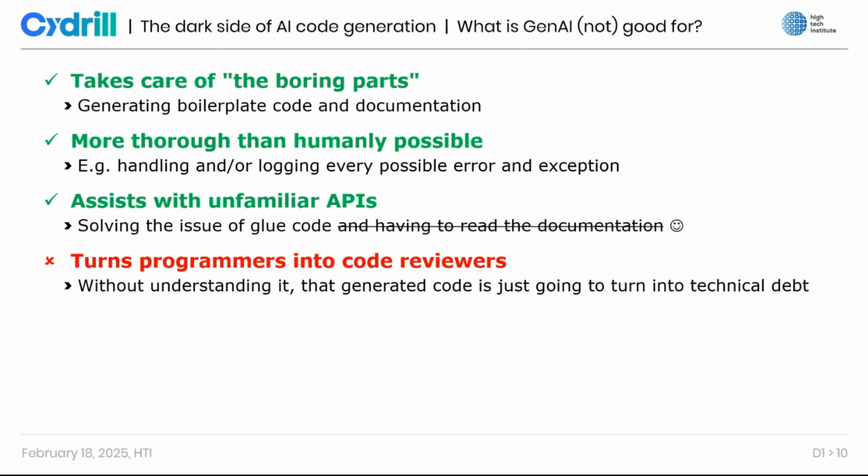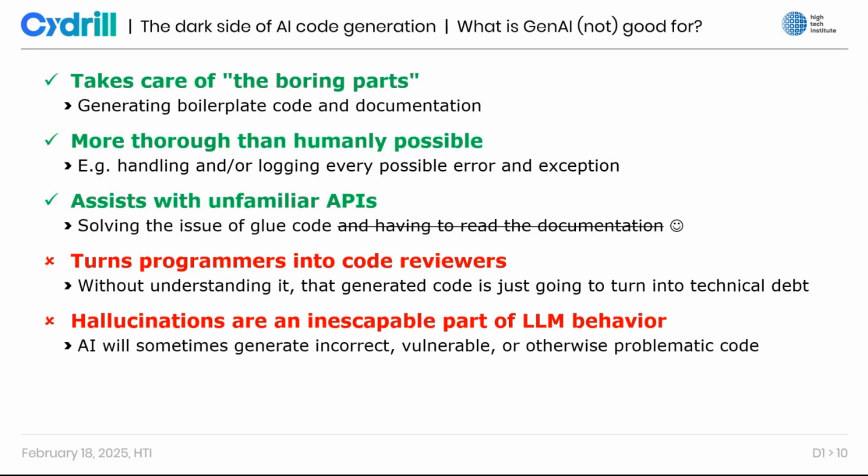But on the other side of things, we have to consider that when we are asking AI to write code like this, we are going to turn into code reviewers whether we want that or not. Because if we just accept everything that we get from these tools and just go on with our lives, then first of all, the code may be buggy. It may have problems that we won't notice. And second, when we later have to maintain the code, maybe change something, we run into technical debt. We have to now reverse engineer what the code is doing. But why exactly is this particular code doing that? So we have to learn exactly how that works and why.